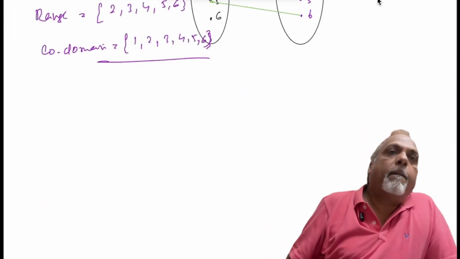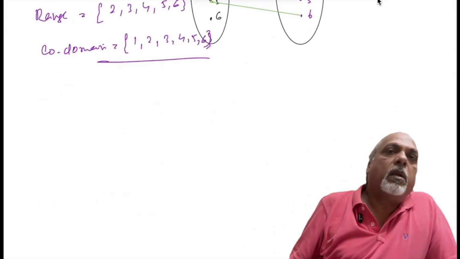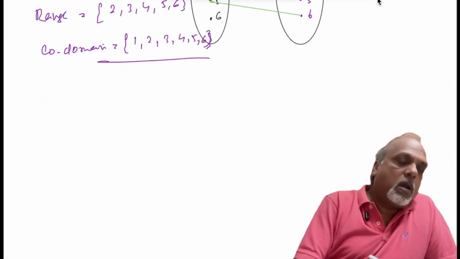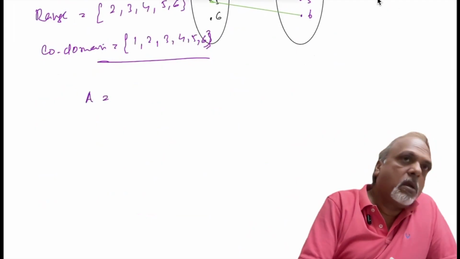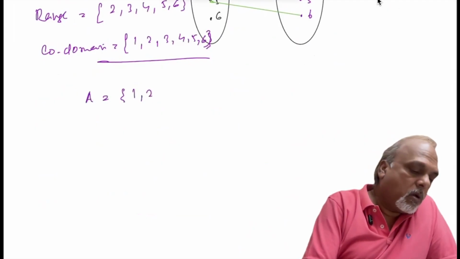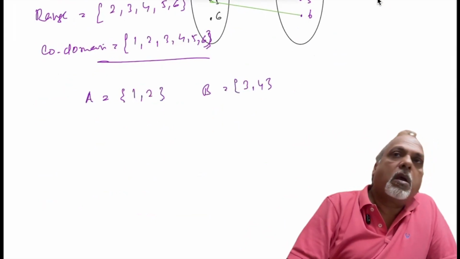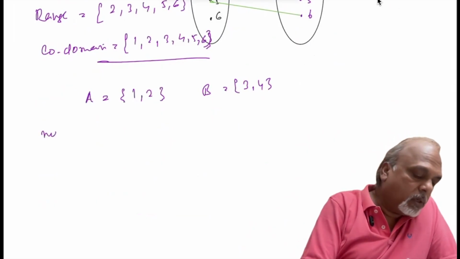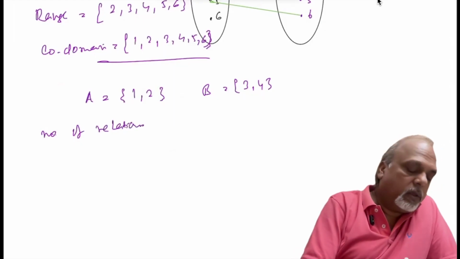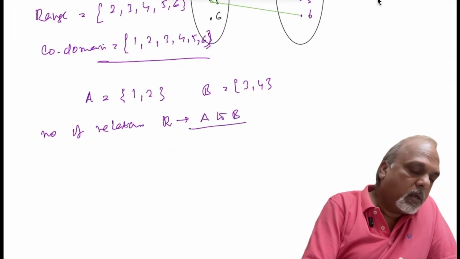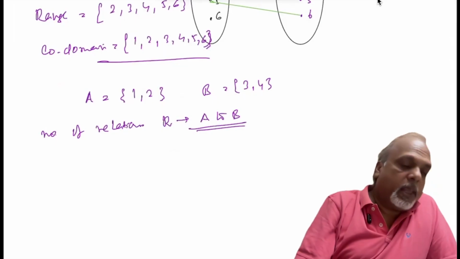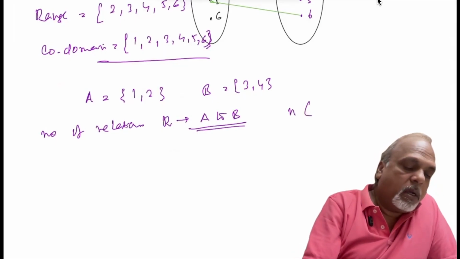Suppose if I say A is and B is, then find the number of relations. Relations are A to B. Then how many,